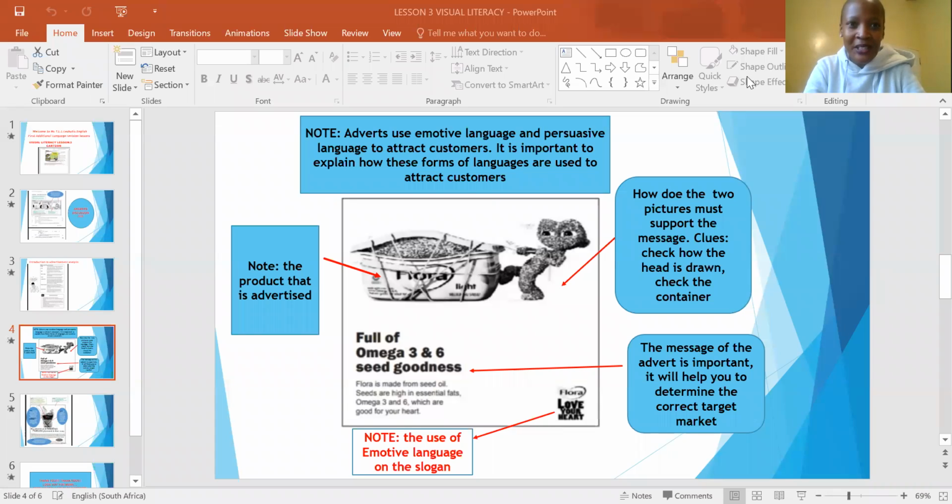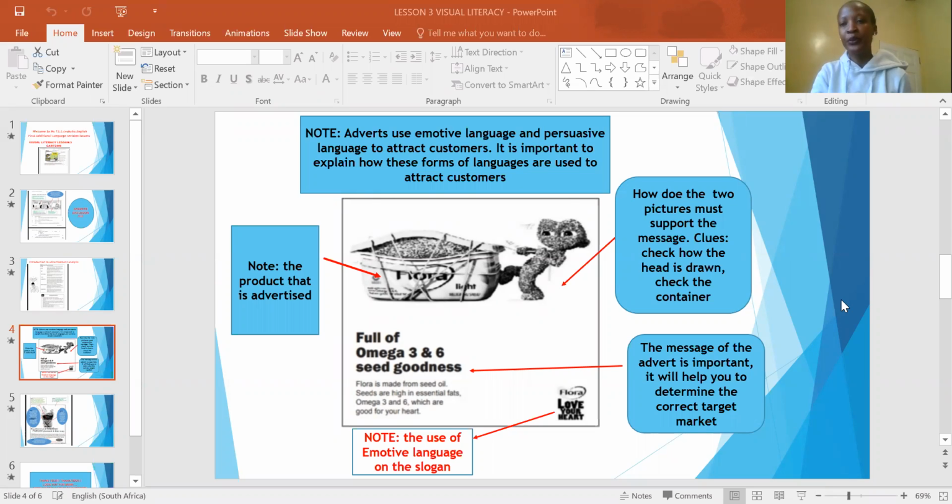Welcome to our lessons. Today I'm going to be conducting a lesson and showing you tips on how to unpack an advert, the things that you need to look for when studying an advert, more especially for grade 12 learners for English First Additional Language. I'm going to show you guys critical aspects that you need to understand before even attempting to answer questions based